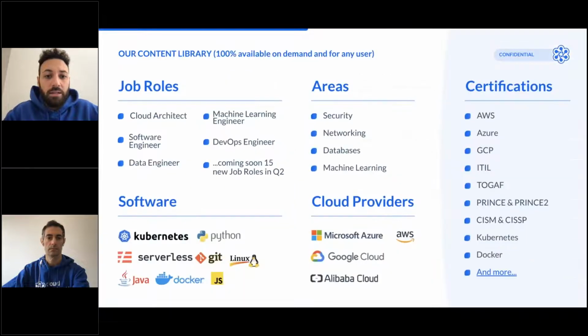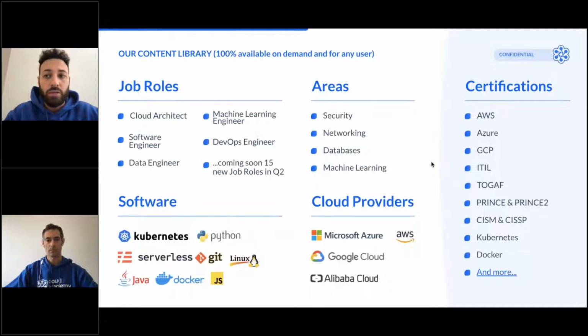And regarding the certifications, this is just a recap about the main topics that we are now covering. When we speak about cloud, we are now covering AWS, Azure, GCP, Alibaba, and in the next couple of months, we also want to include Oracle Cloud Infrastructure.